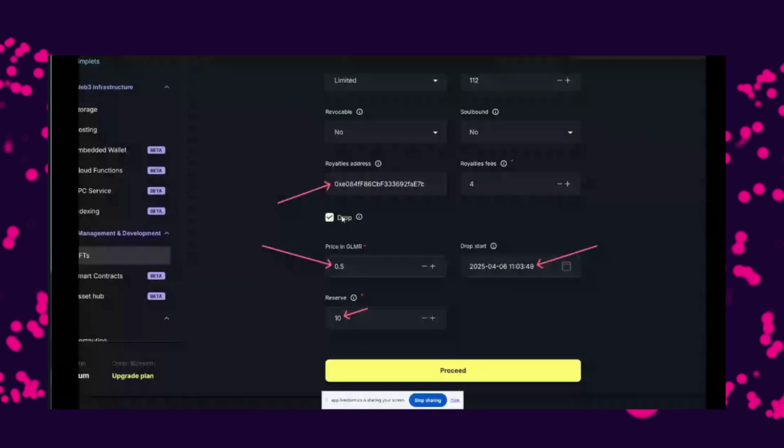At the bottom, what you can turn on is drop, which essentially gives you a scheduler. So if I set this schedule to, let's say, tomorrow, 9 a.m., that's when the smart contract would allow first minting to start and not before. Here is where you can set a price. I was deploying on Moonbeam here, so the price is defined in Glimmer. This would mean every user who wants to mint an NFT from this collection is supposed to pay 0.5 Glimmer. If you enter a certain number in reserve, this allows you to mint NFTs for yourself or to a target wallet directly from our dashboard.